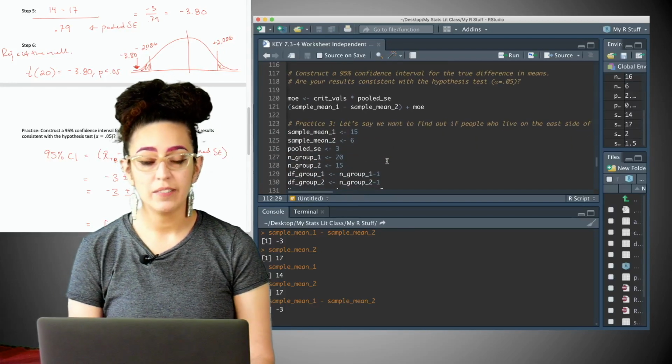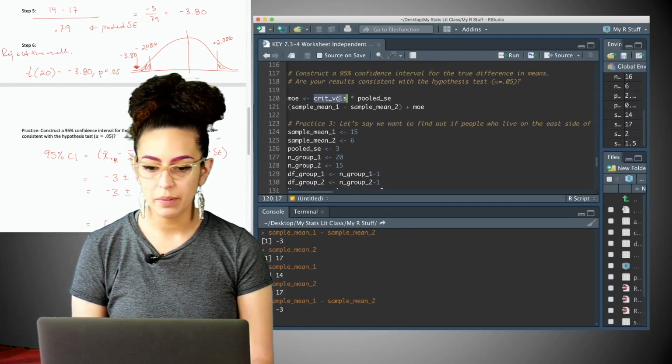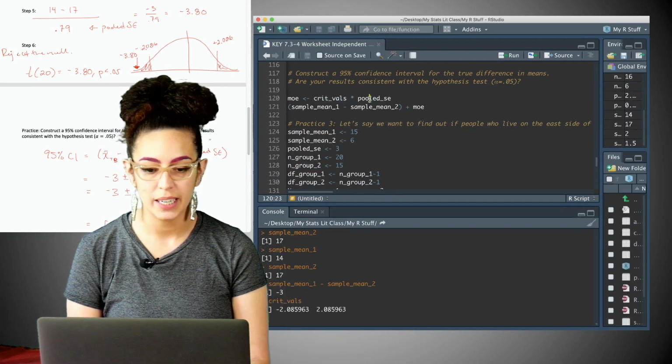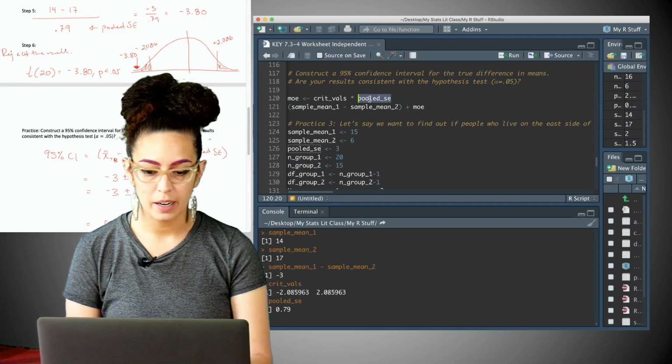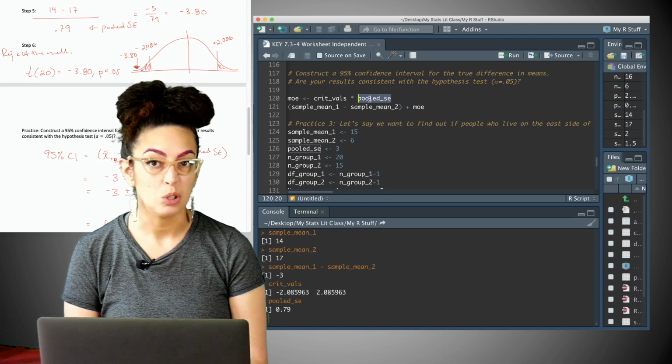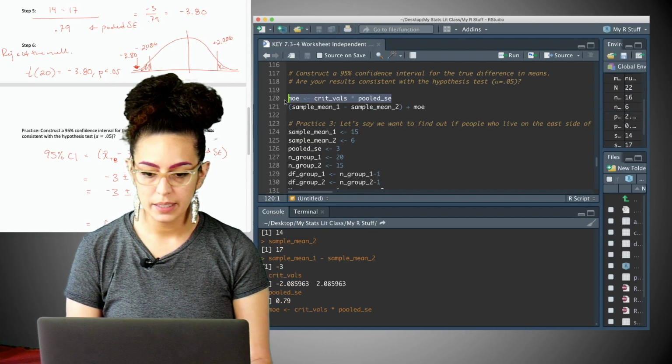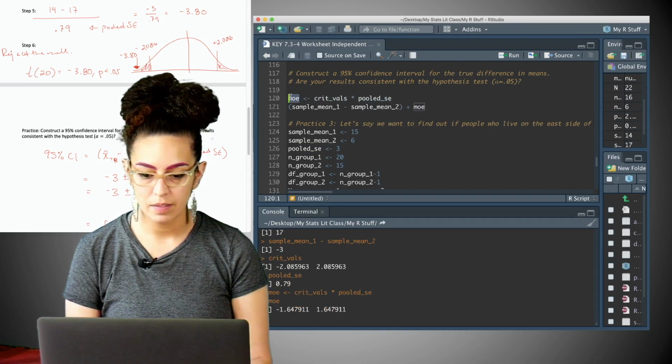Okay, construct a 95% confidence interval around this. So again, we just take our critical values, which we already had. We have the positive and negative one now, and we multiply it by our pooled standard error, which I just told you in the example, which was 0.79. You go and do all of that good stuff, and we end up with a margin of error of negative